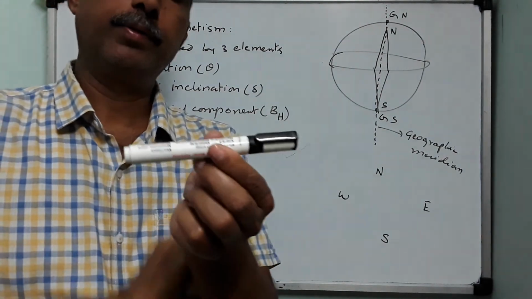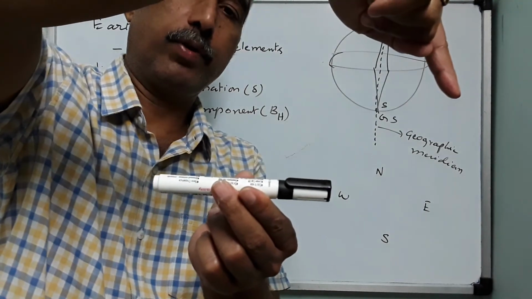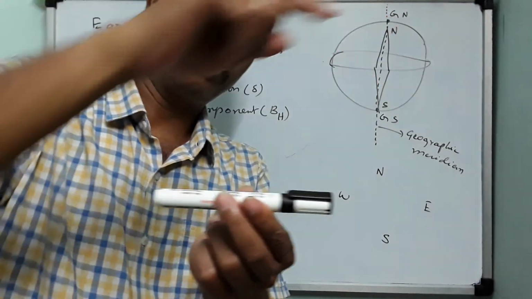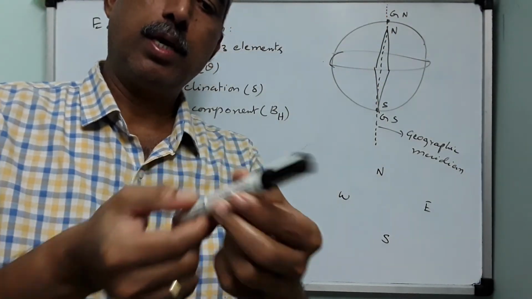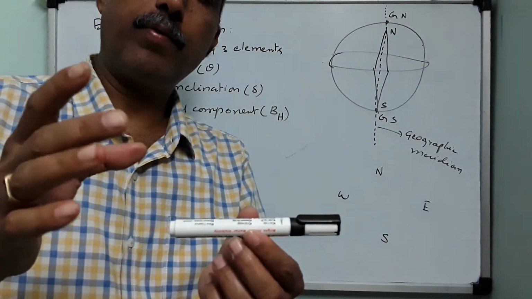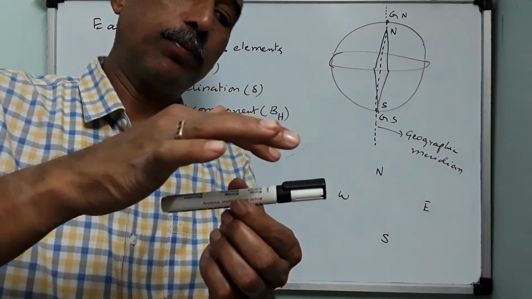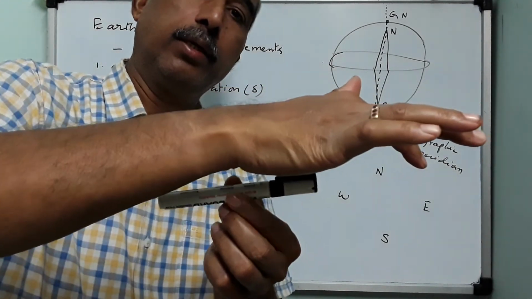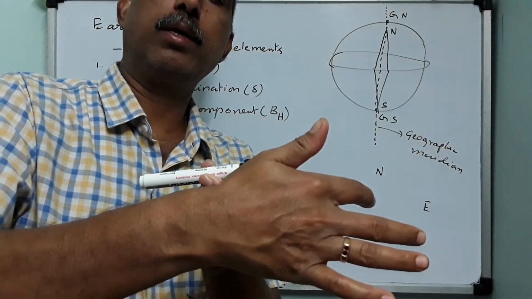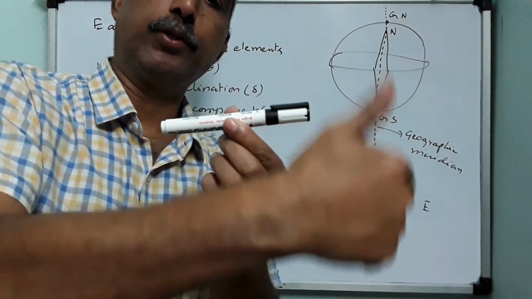Let me repeat it. This is the north pole of the bar magnet, which is pointing towards geographic north. Now the question is, why is the north pole in this direction? Why can't it be like this? Or why can't the south pole be like this? The answer is, earth has magnetism. It behaves like a very huge magnet. If the north pole of this bar magnet is in this direction, there must be somebody to attract it in this direction. That somebody is nothing but the magnetism of the earth with a polarity south pole in this direction.